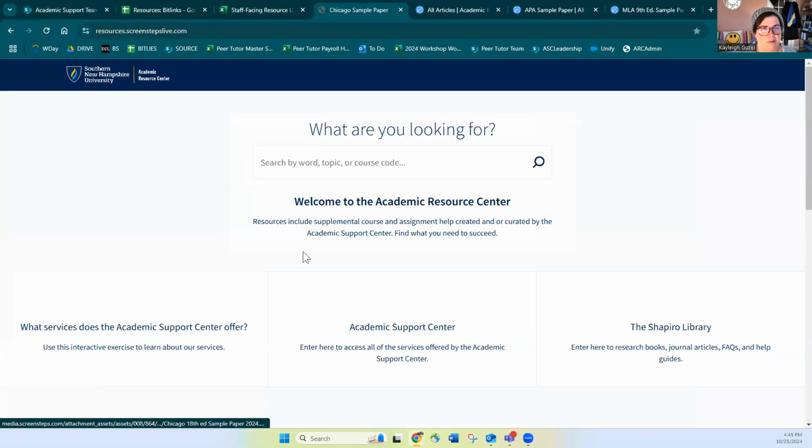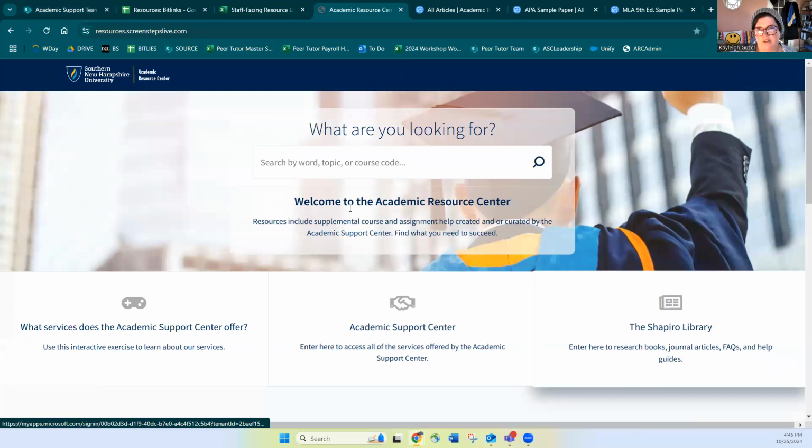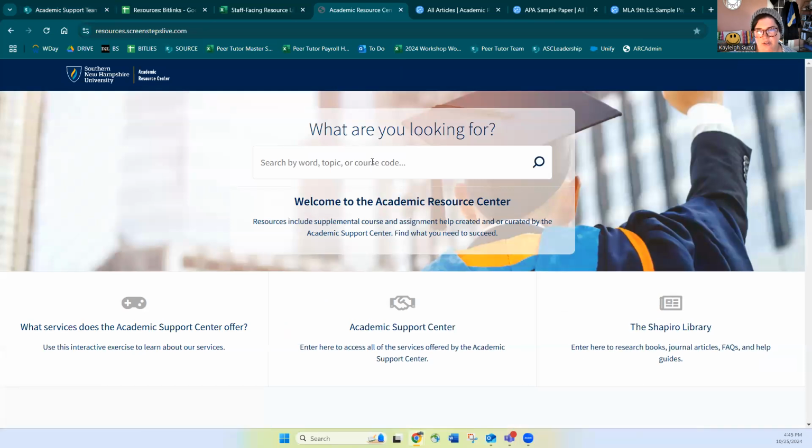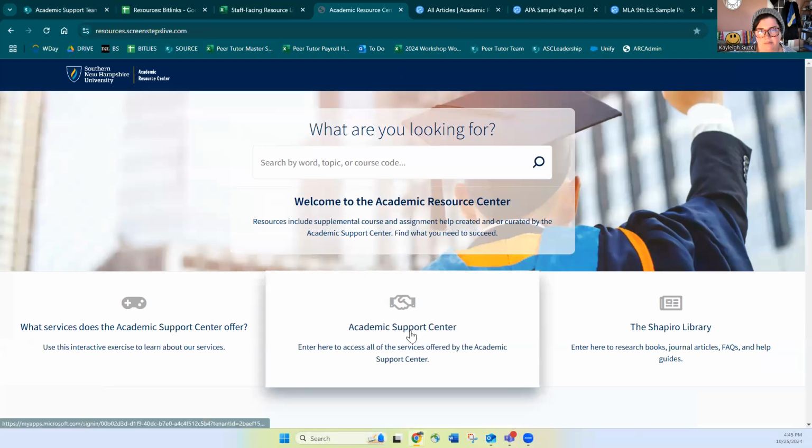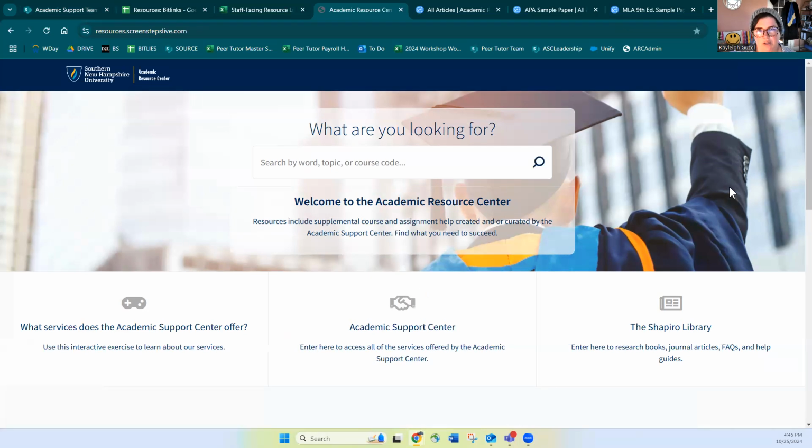Well, let me just go to the homepage. Students can search, students can access, going back to the portal, workshops, office hours, tutoring, coaching. And really the modeling now is going to be for you to show students how to get to this and tell them what to search for, or suggest what they should search for, rather than saying,